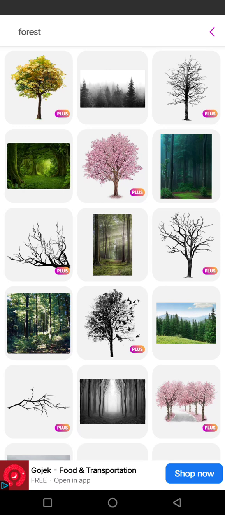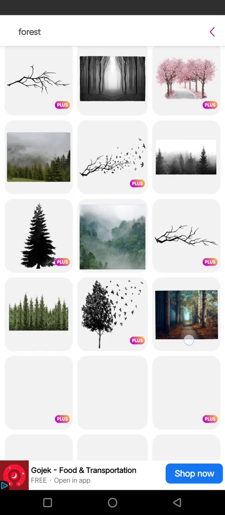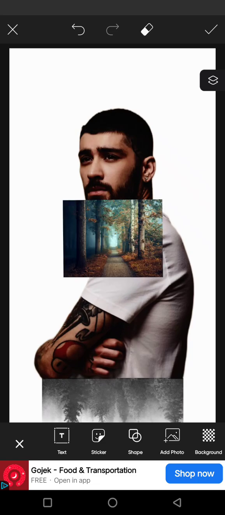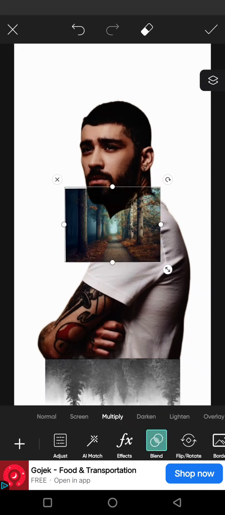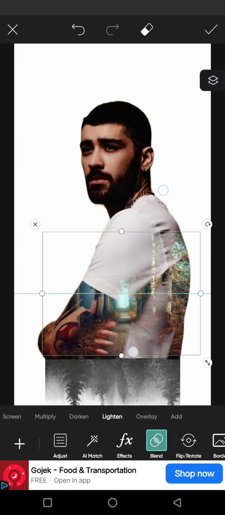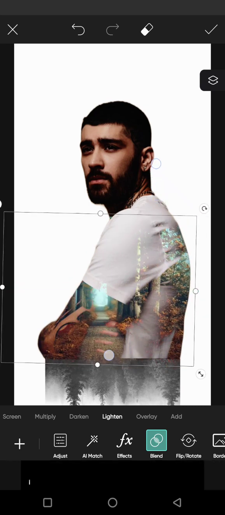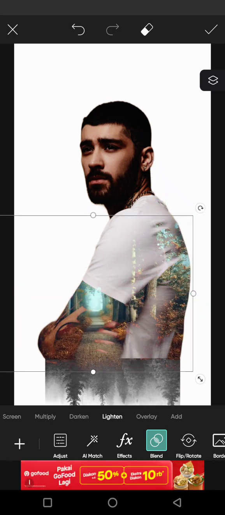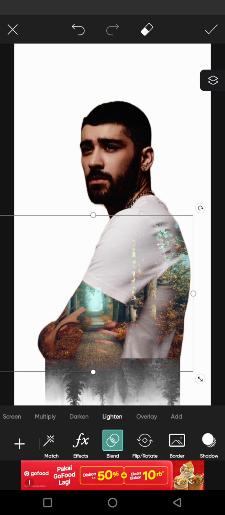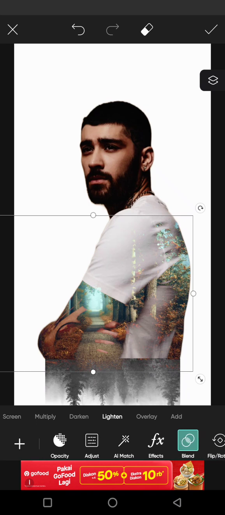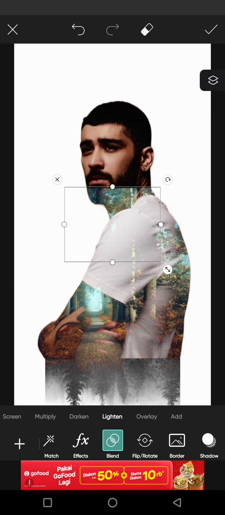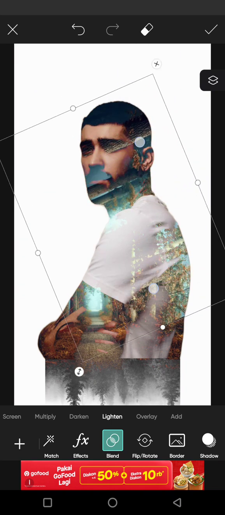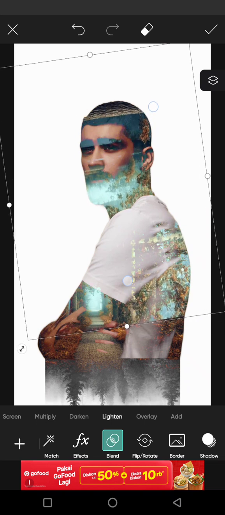Okay, now let's add another sticker in here. You can find the one with color, this one for example, and then you can change the blend mode into lighten, and here you can put it in here. For example, you can also duplicate it and put it in another position. So for example, I'm going to put it in the face just like this,